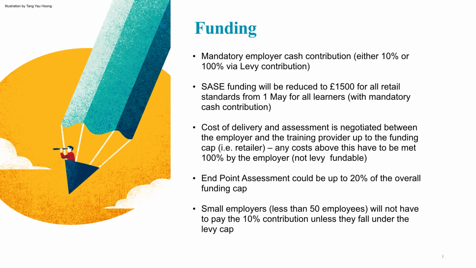So if that employer all of a sudden then generates more levy funding, then they will not switch their co-funded apprentices onto the levy funding pot. That levy funding pot will then remain available for new apprentices that will then be levy funded. And we will cover levy in a bit more detail, and funding, across the next 2 webinars as well.